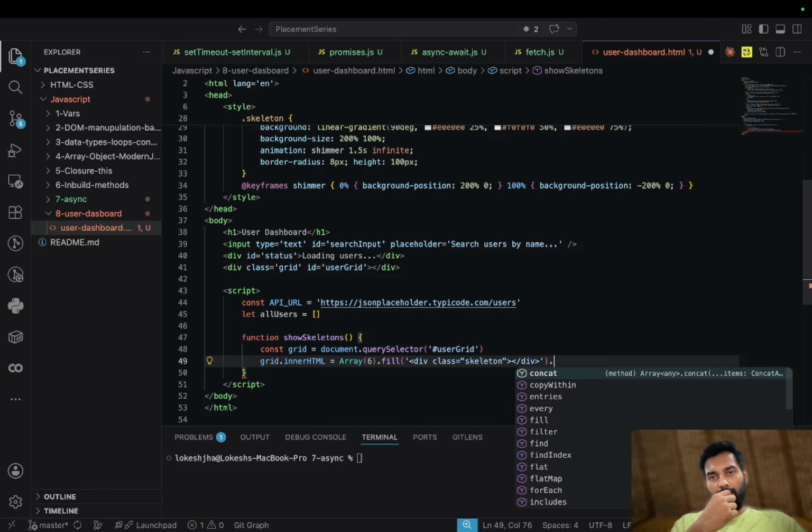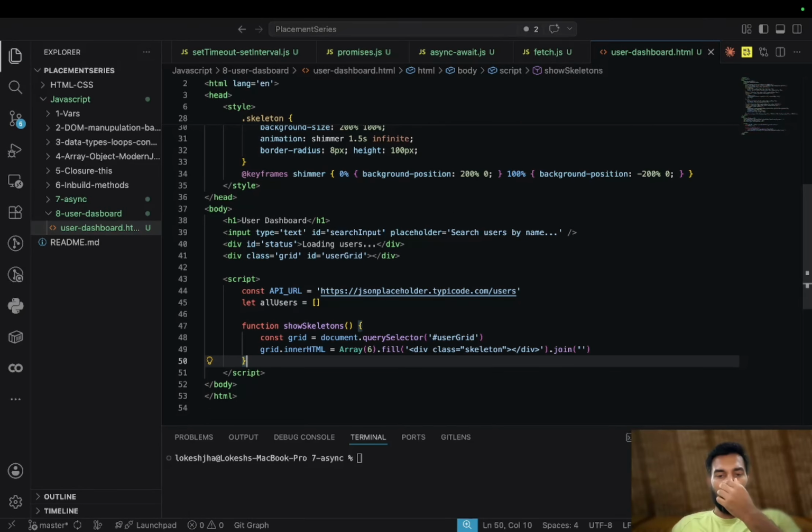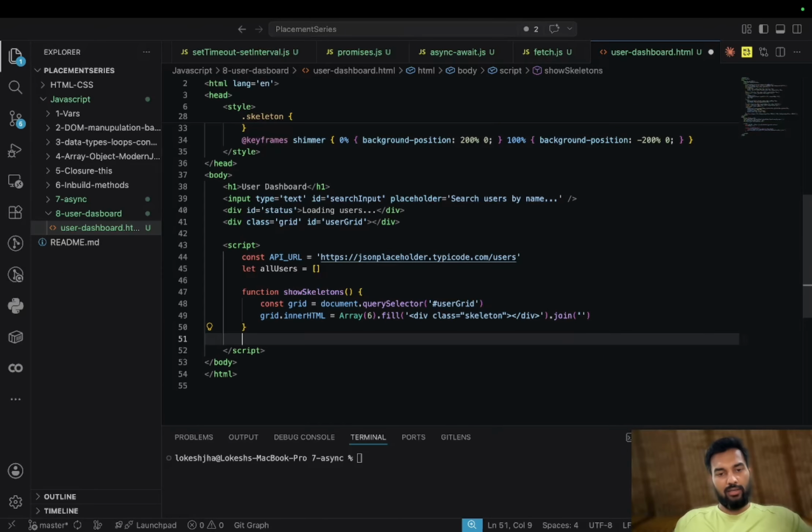Then all the array elements are joined. So this is the kind of skeleton that we will have. We have an array element with the divs. Each array item has a div, and it's a kind of skeleton. So you will see how it looks later. For now,